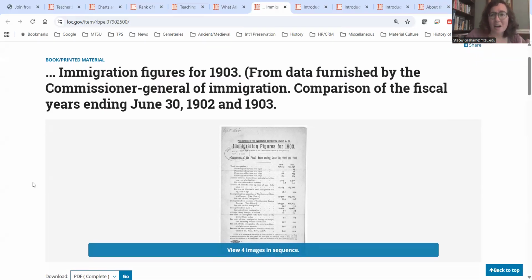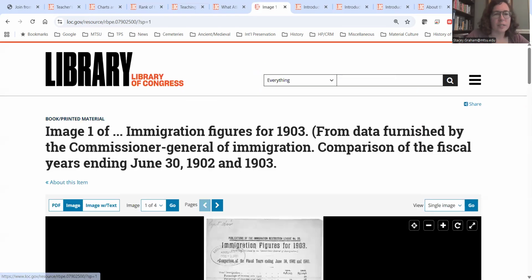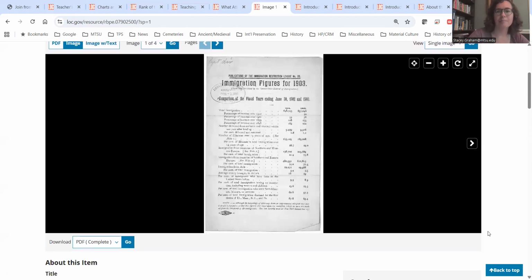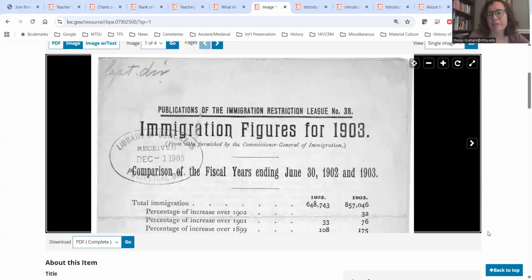So, to set the context for what life was like for these immigrant women, I used these immigration figures for 1903. The first thing to notice about this source is that it was created by the Immigration Restriction League. So, right away, you know that their whole purpose is to restrict immigration, or at least immigration from certain parts